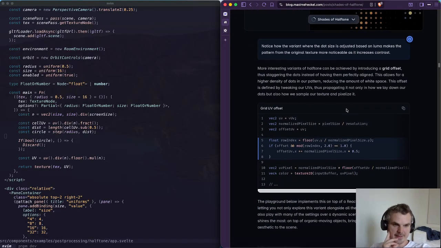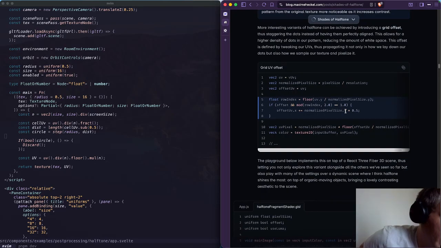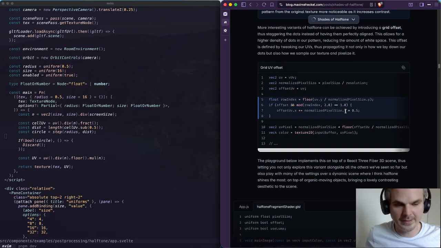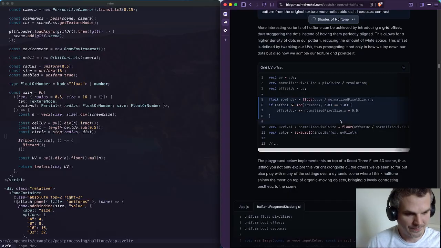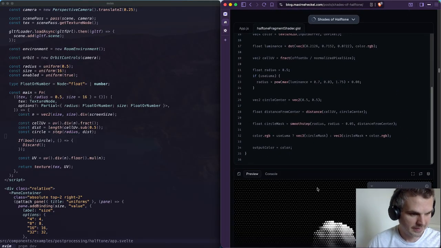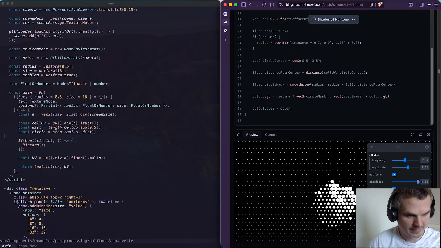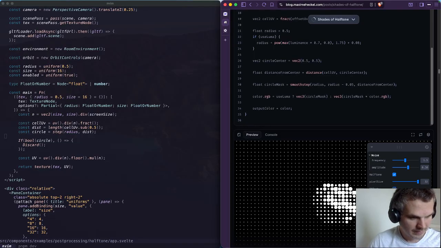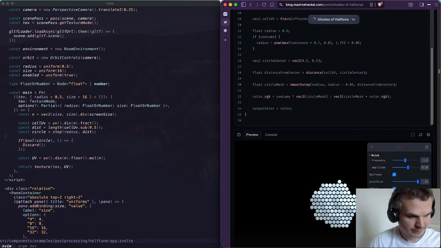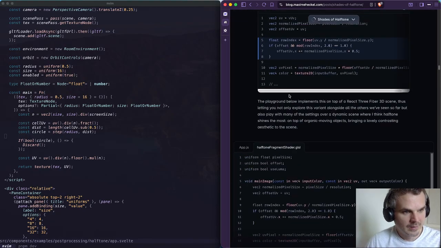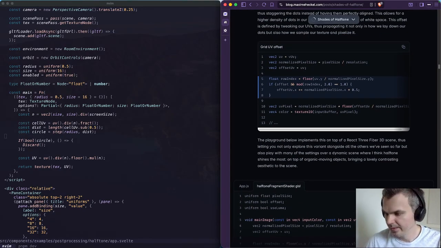Okay, what do they do next? Grid UV offset. Oh, okay. This is what I was kind of curious about. It's how do they, in the example here, offset each of these by some amount? Oh, they do get blocks in theirs. Yeah, look at that. So rather than like a grid,